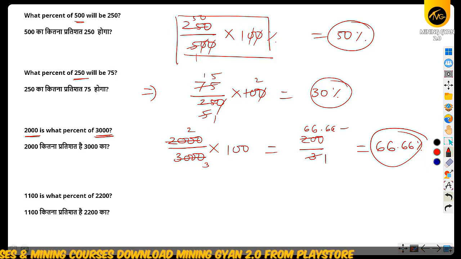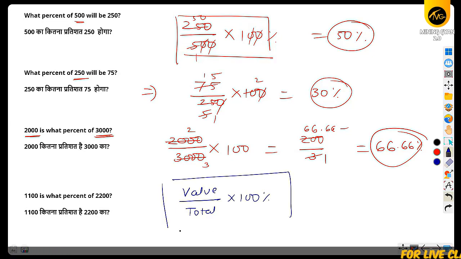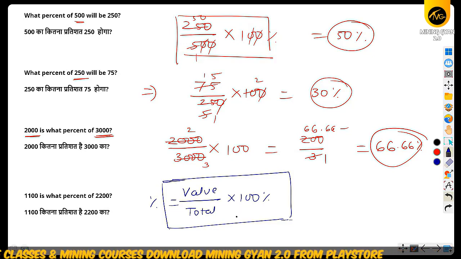Okay, so what is the formula for percentage? Basically this is the value divided by total into 100%. It gives a formula to get the percentage of any number. Okay, value divided by total. Value means any type of value, or you can say the amount, divided by total into 100. It will be the basic or traditional formula of percentage to find out the percentage.